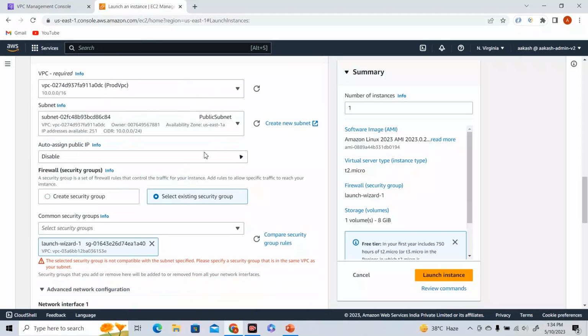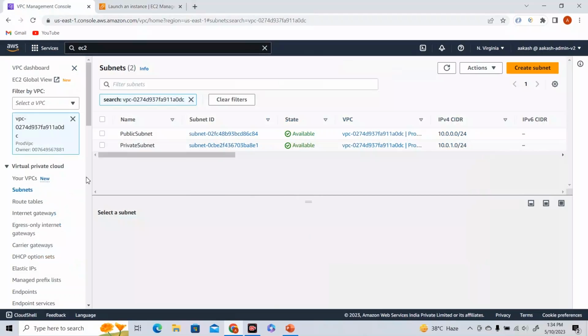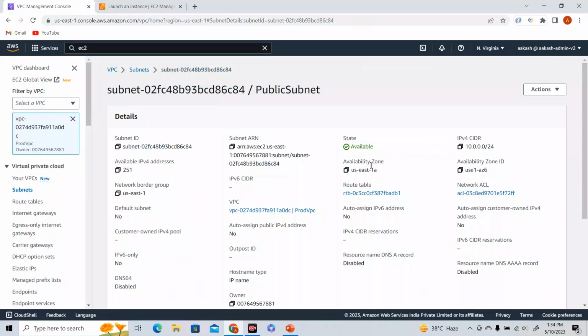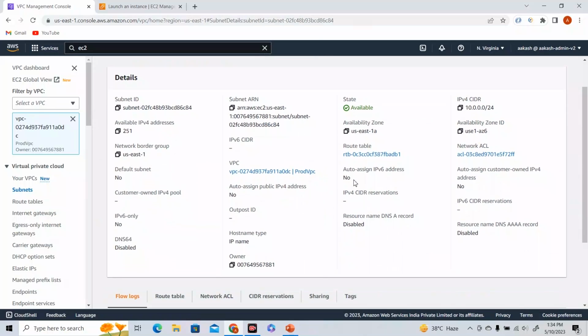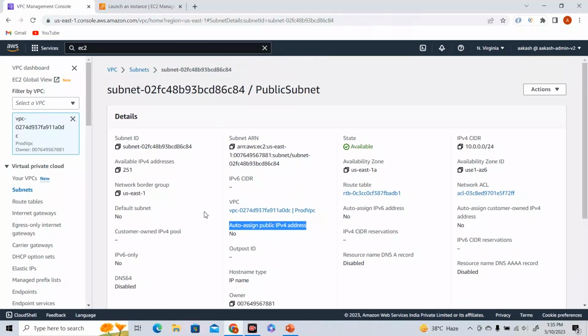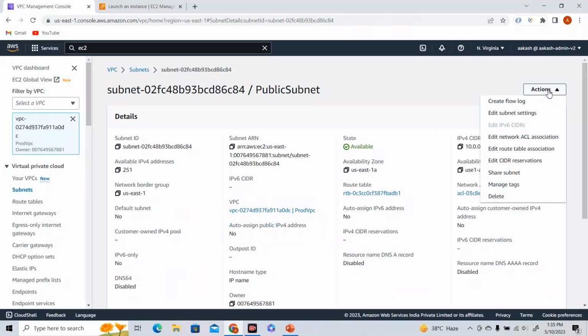Now if you see, this auto assign public IP is disabled by default, and there is a reason for that. Because if I go back to my VPC management console and go to my public subnet and look for auto assign public IPv4 addresses, it says no. So by default, if you create something in this VPC, it will not be assigned any public IP addresses. So we need to change this particular property, and I'm gonna say